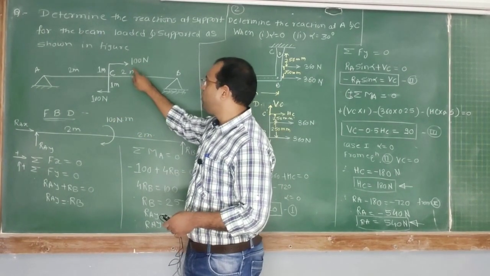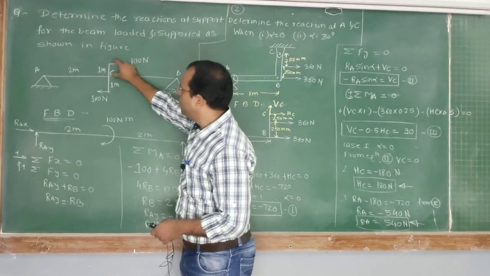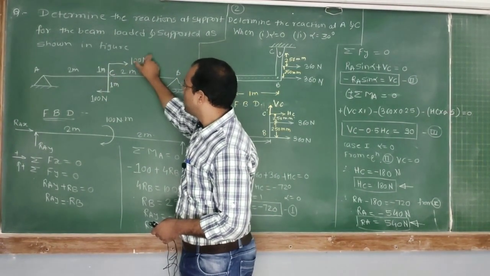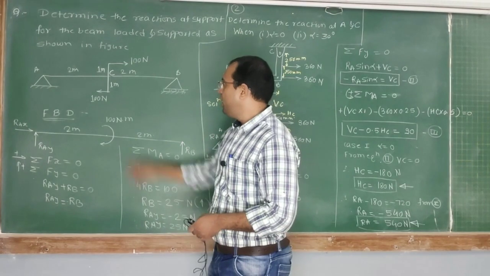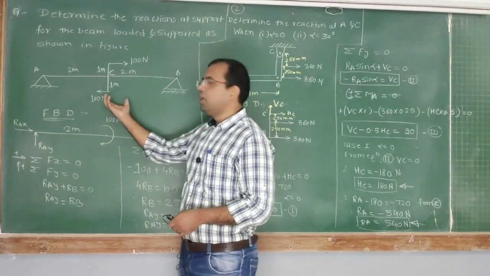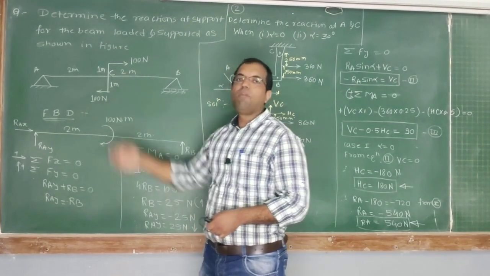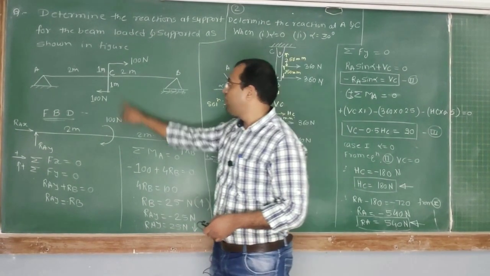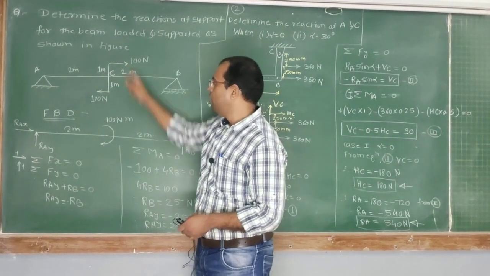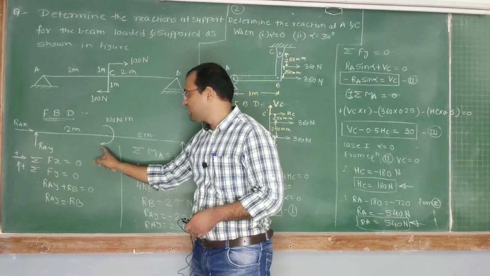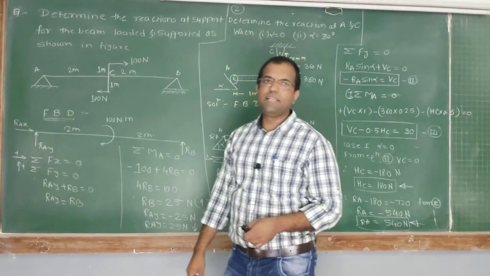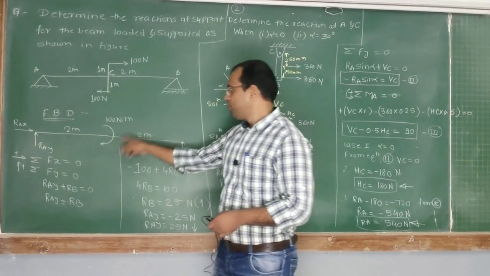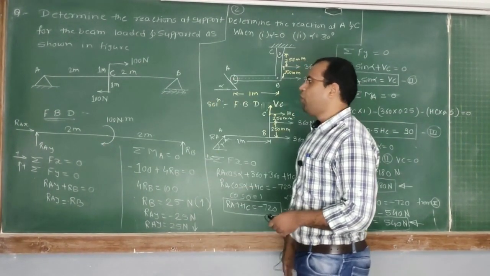So this is nothing but the couple is provided. So what is the magnitude of couple? Force into this lever arm distance. So this 100 into 1, so the couple is 100 Newton meter, or this beam is supported with this couple of 100 Newton meter. So therefore I have replaced this type of loading by the couple. This symbol is used for the couple, or we can say the moment. So this is your free body diagram.